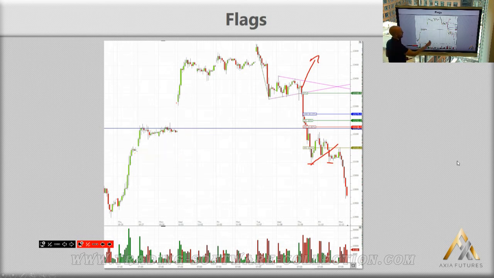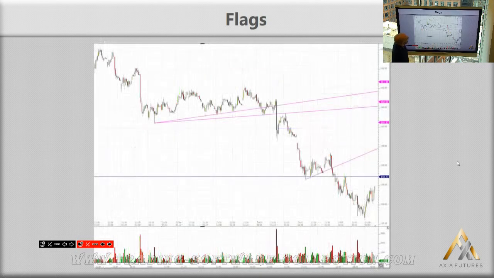Something I've noticed recently in the DAX seems to work quite well: redrawing your flags and flag retests, and this is again the sort of art part of it. This flag in the Bund for me is not that great a flag in terms of you've not got a particularly big pole. That would be where I'd suggest you take the pole from. However, you could